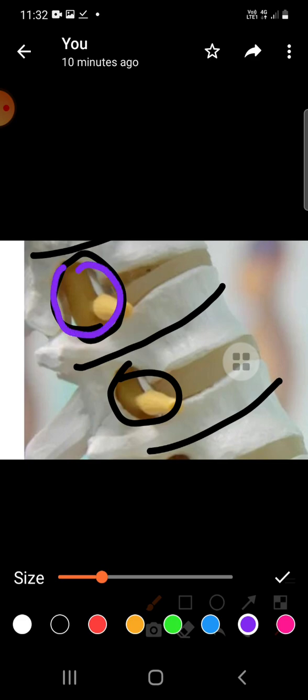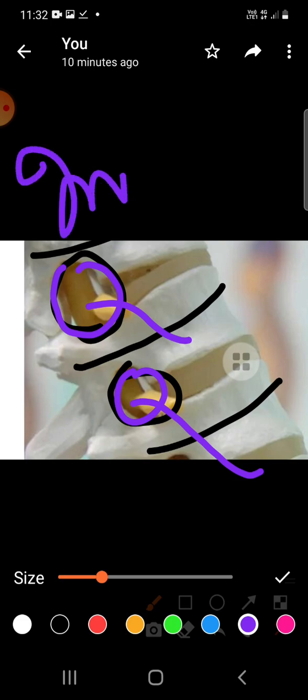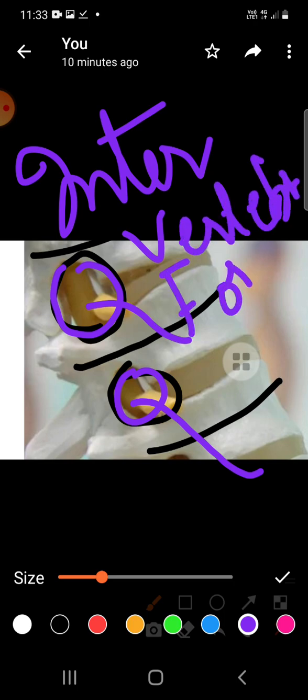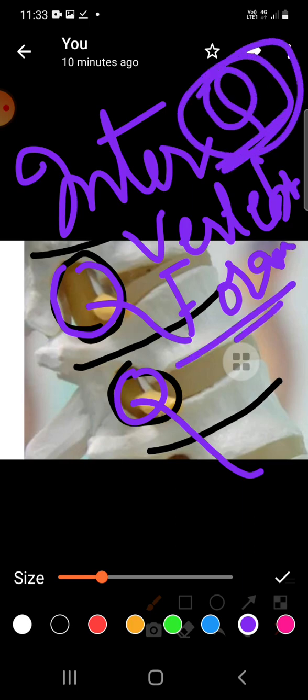The gap from where the spinal nerves are coming out is called the intervertebral foramen. So they can ask you a very important question. The gap from where the spinal cord emerges out in the form of spinal nerves is called the intervertebral